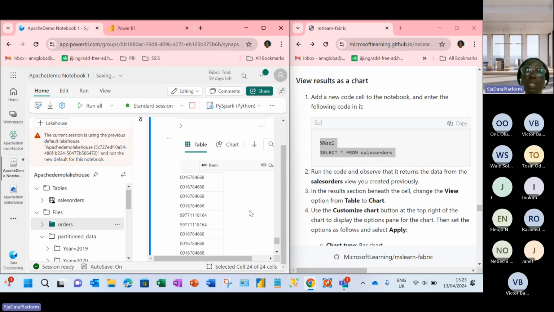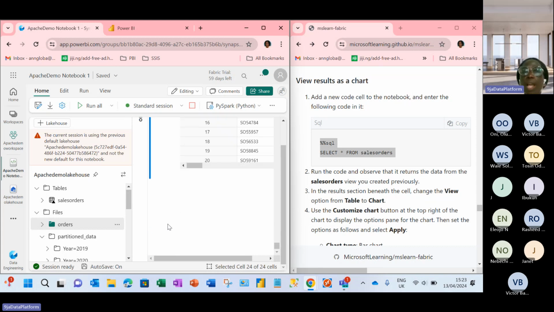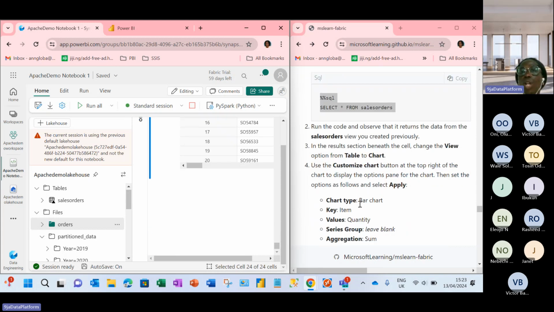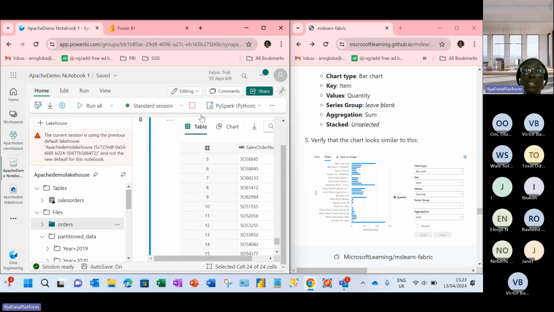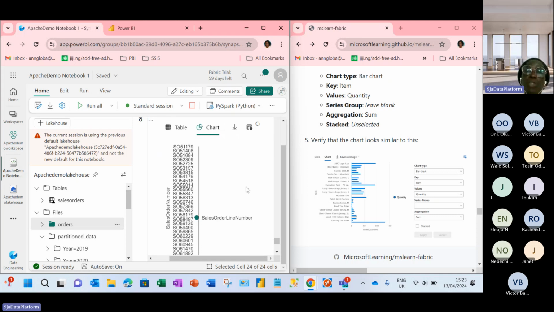All right, so this is our code. This is our data. We are already familiar with this. So let's move on. What we want to do now is visualize this in a table format and in chart format. So if we look at this, this is table format and this is chart format. We have not been using it since because we have not gotten to this section. So if we click on this chart now, we can see that